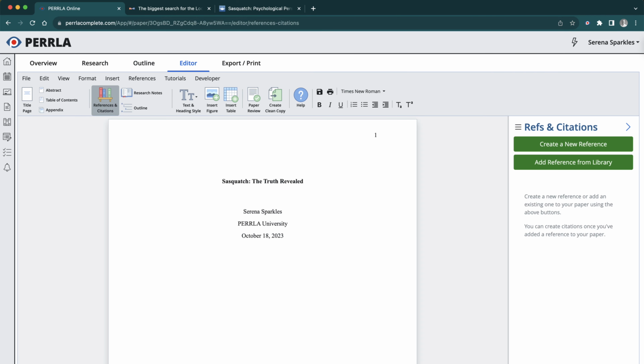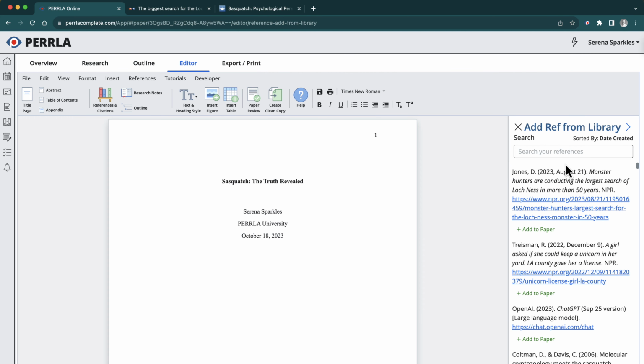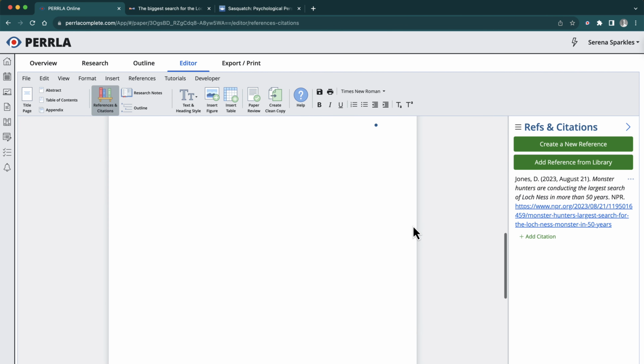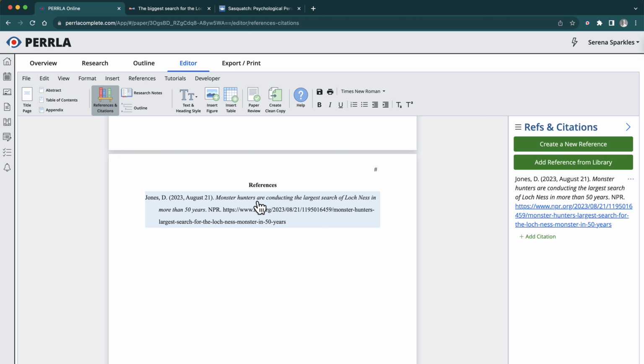When PERRLA builds the research paper, it's going to open with our reference library. I can say add reference from library, and right there's our Jones reference waiting for us. I can just add it to my paper just like that, and PERRLA has that pulled right in. So that's pretty quick and easy with one reference, but you can see if you've got a bigger paper and